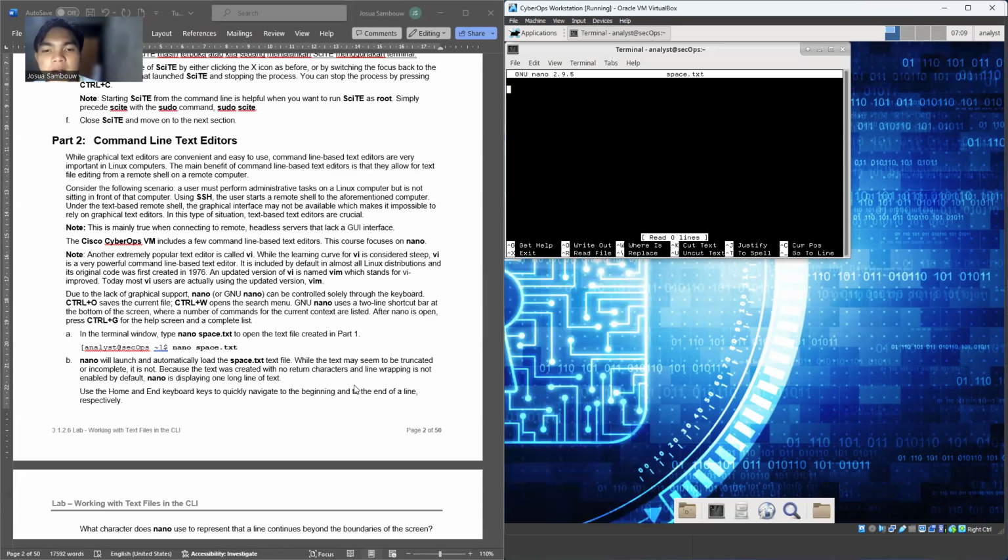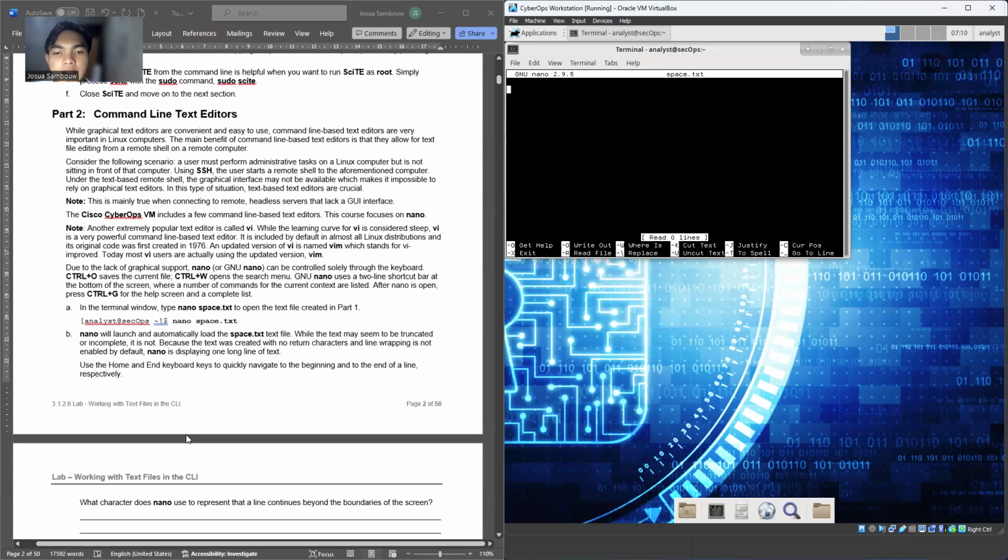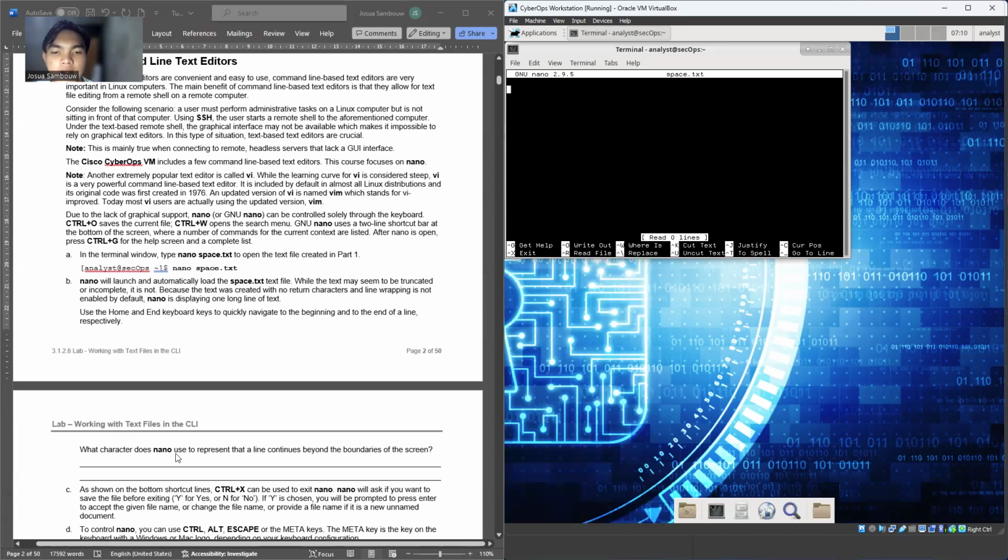Nano is displaying one long line of text. Use the Home and End keyboard keys to navigate. What characters does Nano use to represent that the line continues beyond the screen?